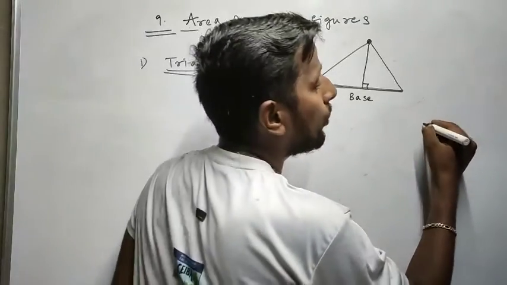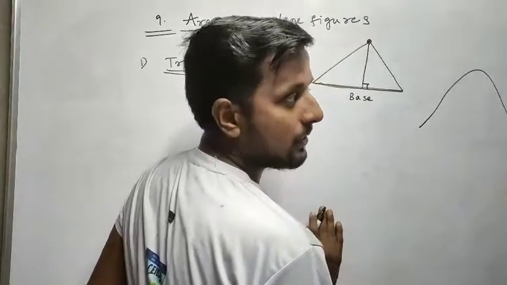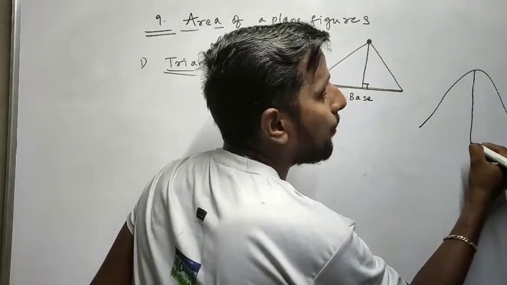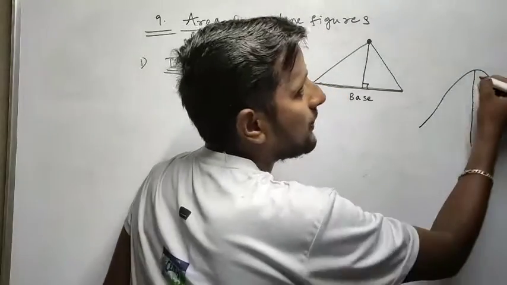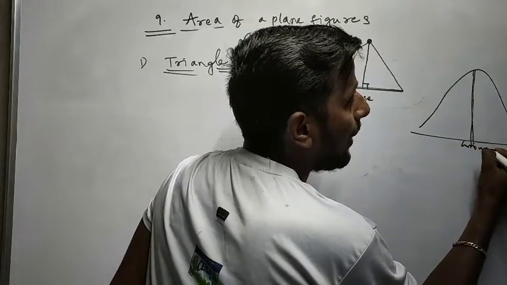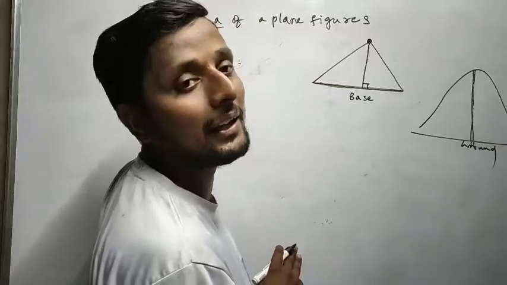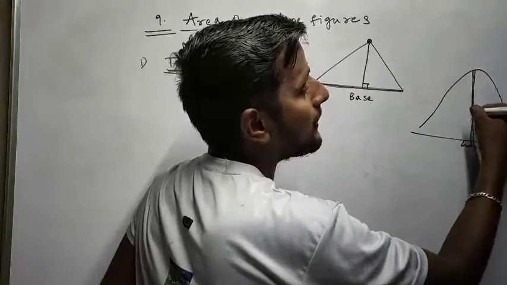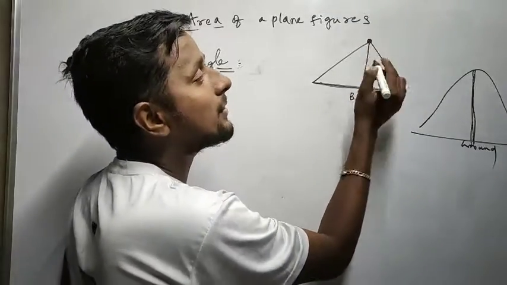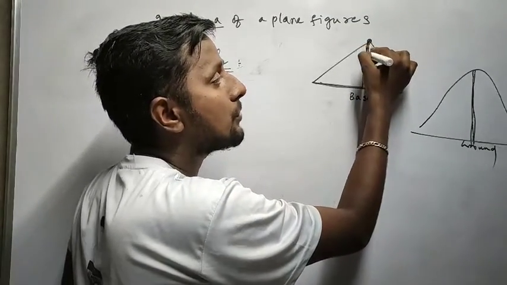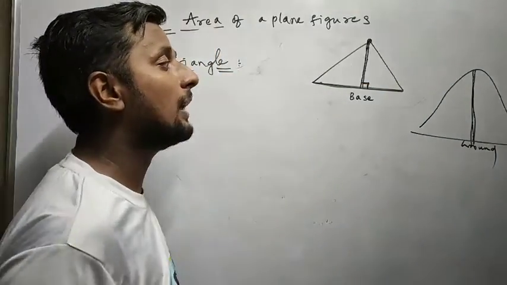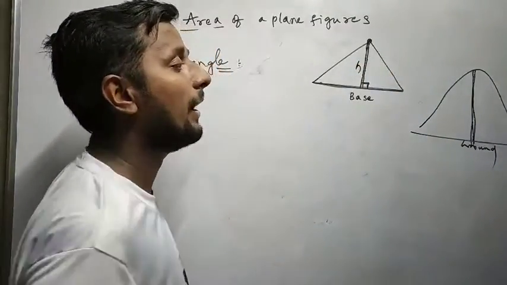So I hope you know about a tent, am I right? If you want to make the tent stand, you need the support of a pole in the tent, correct? So simply I can say the pole touches the ground. Now if anyone asks about the height of your tent, the stick height is equal to the height of your tent. So here also there is a stick in the triangle which stands perpendicular to the base, so we can call it the height of the triangle, h.